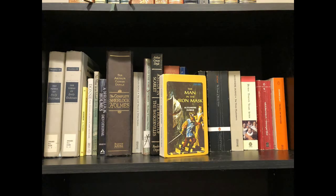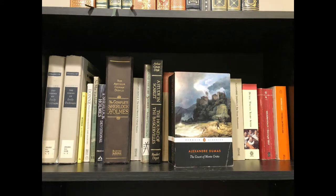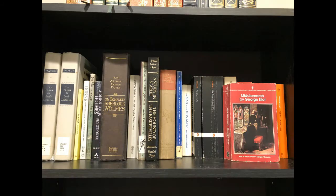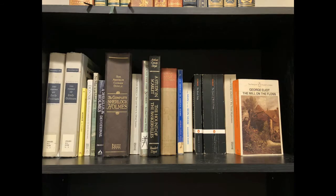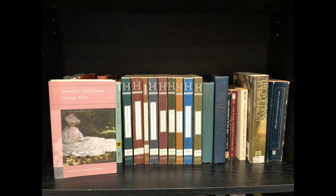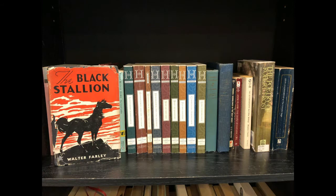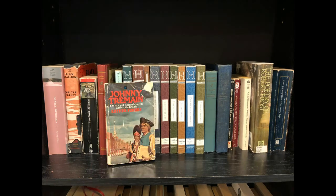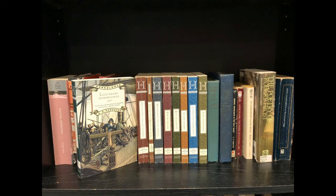And then comes Alexandre Dumas: The Man in the Iron Mask, The Black Tulip, The Count of Monte Cristo, which is one of my favorites, The Three Musketeers, and Twenty Years After. And then we have some George Eliot, Middlemarch, The Mill on the Floss, and on the next shelf, Daniel Deronda, The Black Stallion, Tom Jones, Madame Bovary, Johnny Tremaine, one of my favorites, The Good Soldier, and here comes a